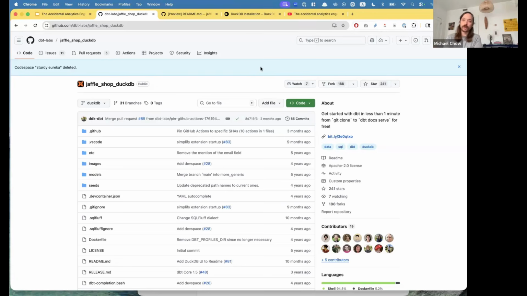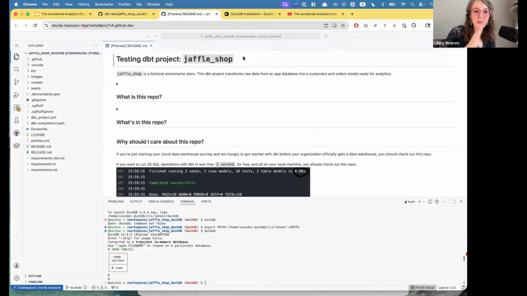Yeah. Perfect. I find one tricky thing when people start talking about data tools is that when they answer what something is, they get very abstract. In my mind, DBT is what it does, and the Jaffle Shop DuckDB example is useful because it just shows what DBT does: what goes in, what comes out. Michael walked through a little bit of this for me, and just seeing what it did, I'm like, oh, now I know what DBT is.